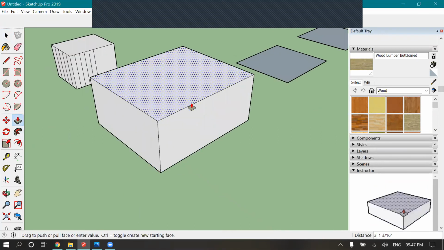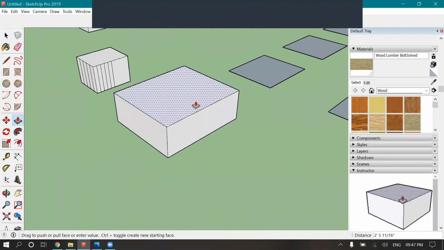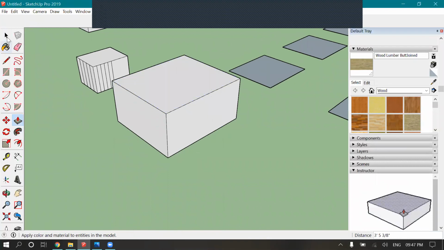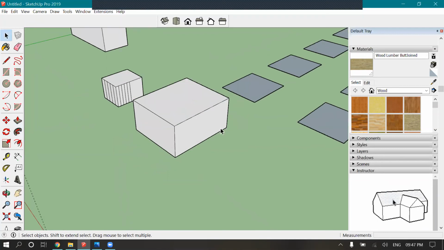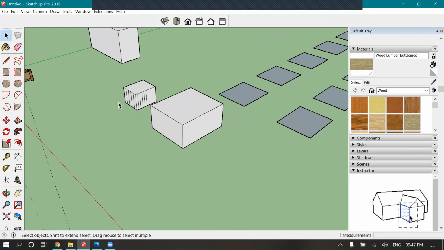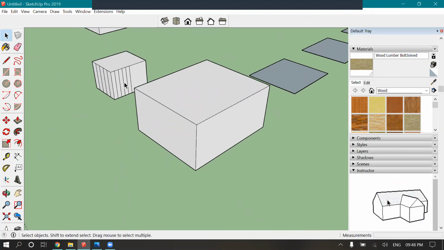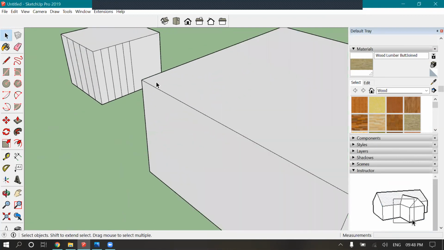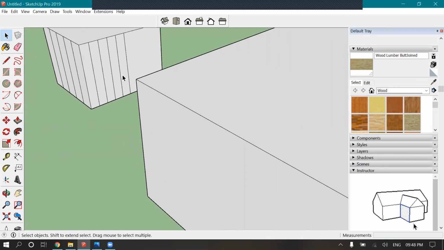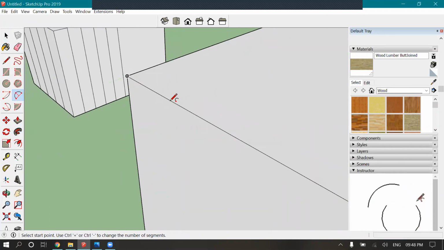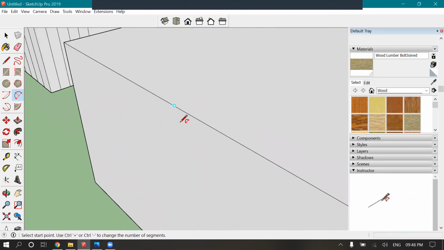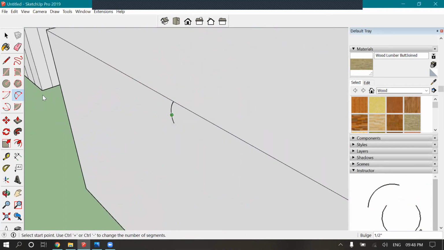So let's describe the follow me tool once again. Let's say this is a floor, and we need to design some sort of edges. Not on the edge, I will be drawing in the center, something like this.